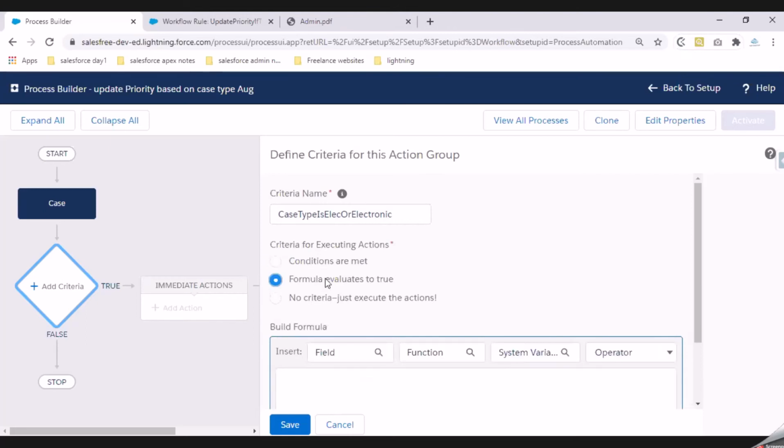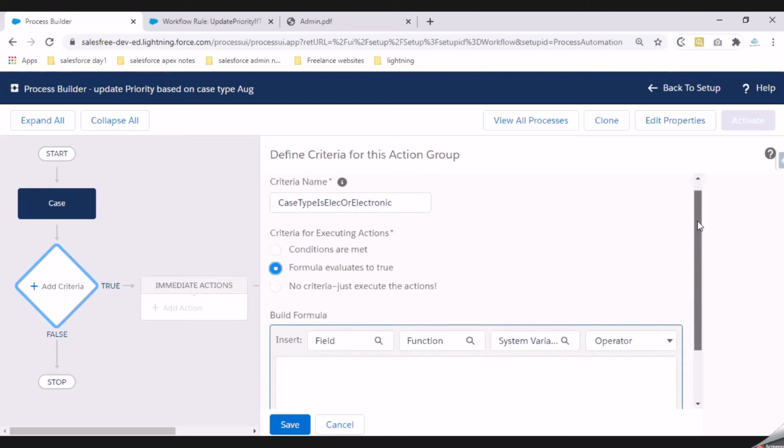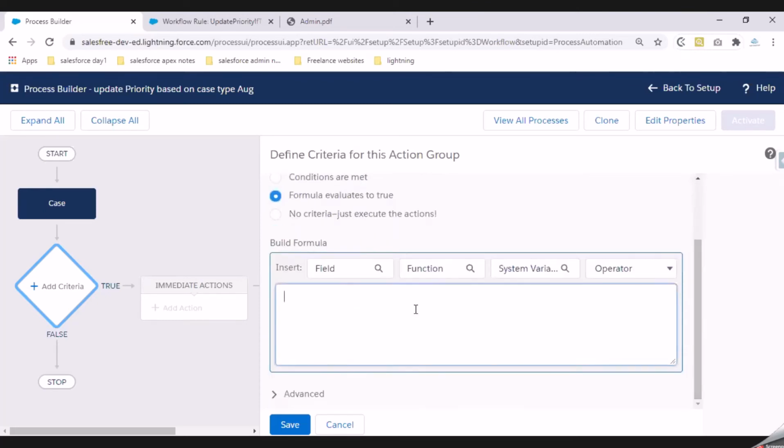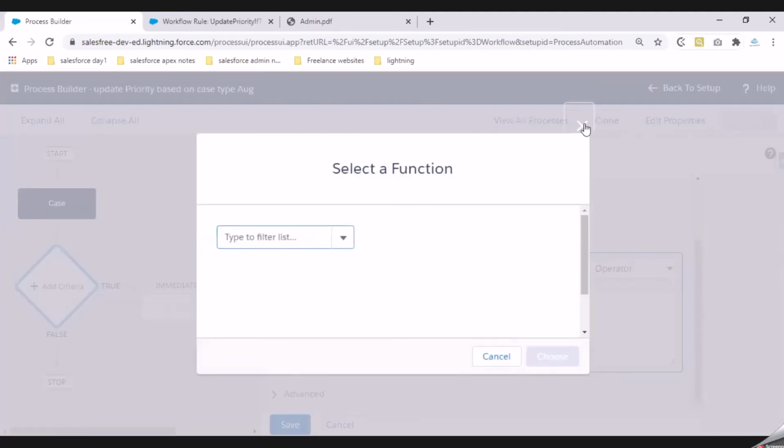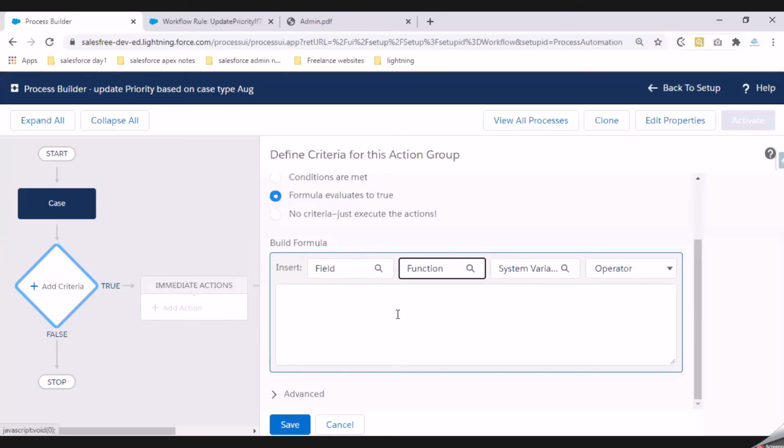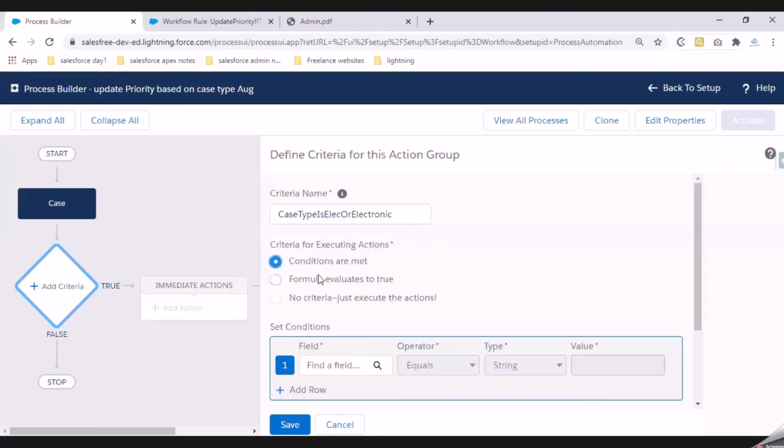And what is the second option? The second option is for people who are comfortable writing it in a formula way, they can always use the second option. This formula is nothing but the section that we have seen in our validation rules. It is similar to the section that we have seen in a validation rule or in our formula field. It is the same section. You have the operators, you have the functions that you need, and you have the fields that you can select. In case you are not comfortable with this one, you can always go with the first option which says